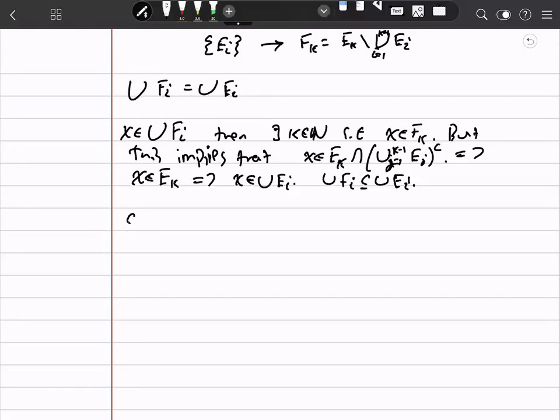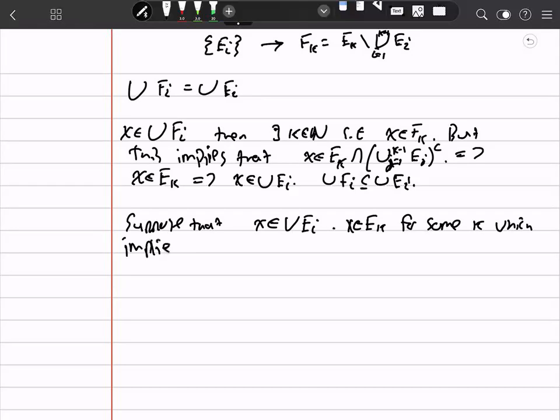Now, if we suppose that X was in the union of the E sub I's, then of course X is in E sub K for some K, which implies that X is in F sub K, which is E sub K set minus, or intersect,